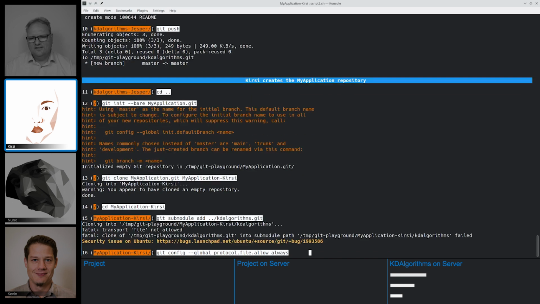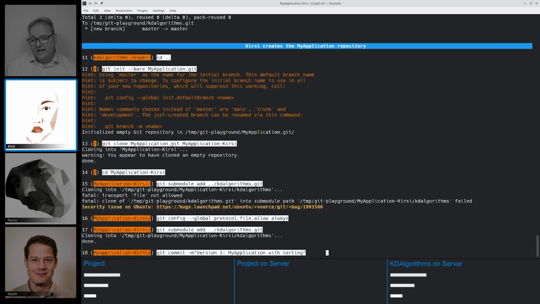Yeah, it's going to say this stuff here. And that's because of the security issue on my Ubuntu. If you run this git config whatever, it's really just about making a submodule out of something that's a file, which you would usually not do. But I'm just explaining it here just in case you are trying to mimic these steps at home, or at work, or at your local spa. Whatever. Git configs this stuff here, and my submodule add now works.